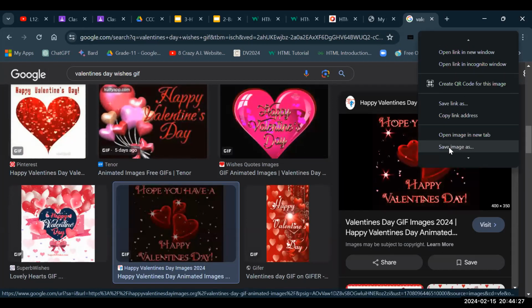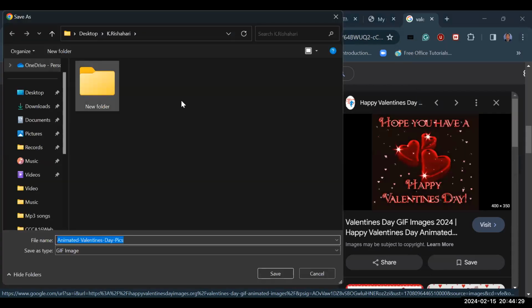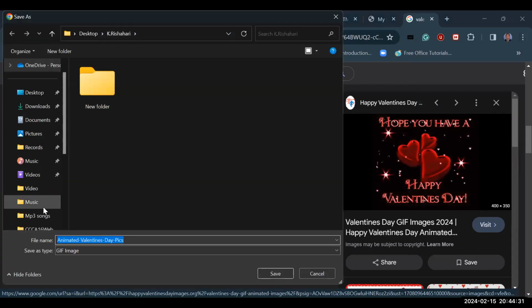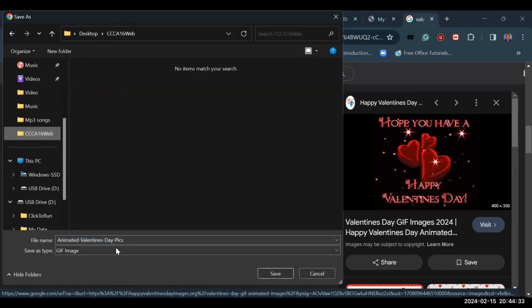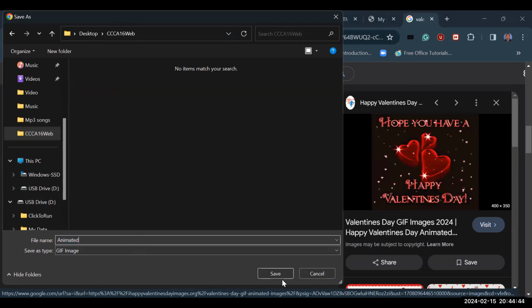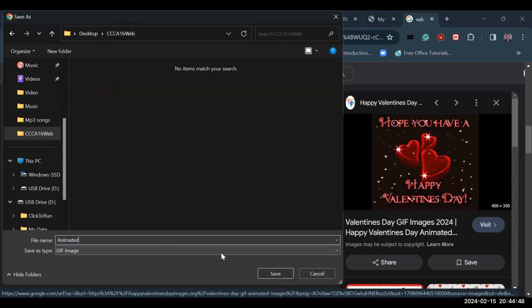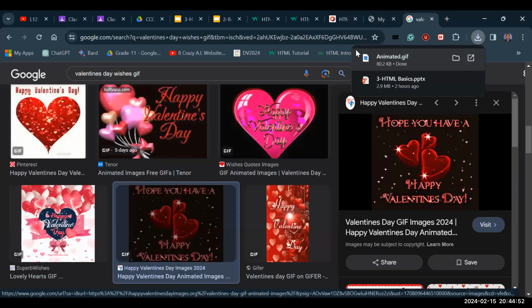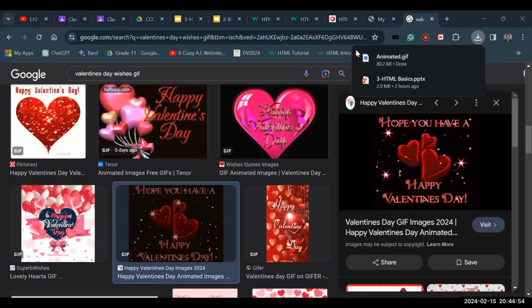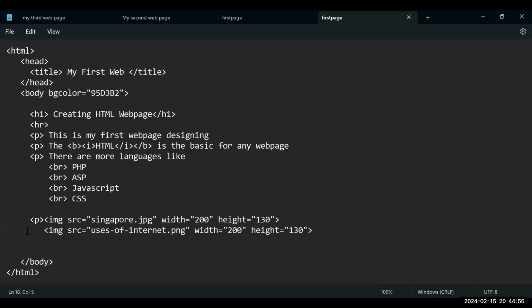So right click on that, save image as, right? I will save it into my folder. My folder is CCA16 web, right? So I just put it as animated, for my easiness. So you can see that this file type is GIF. So the extension will be GIF, right? So after saving, I'm going to my file. Here, the same